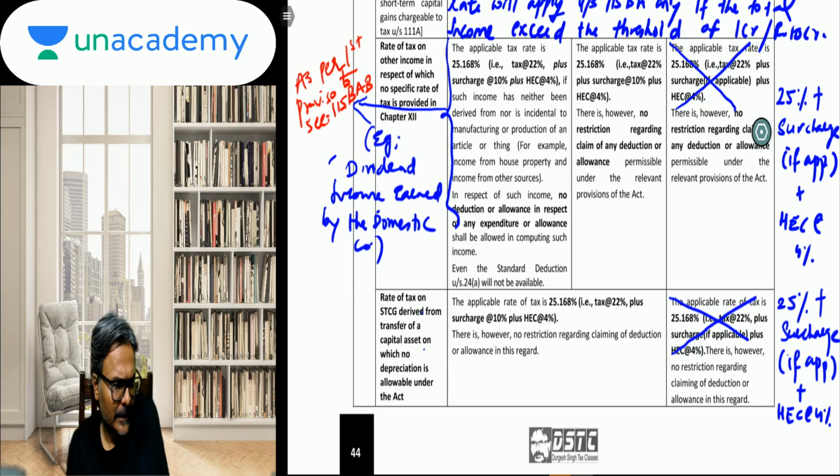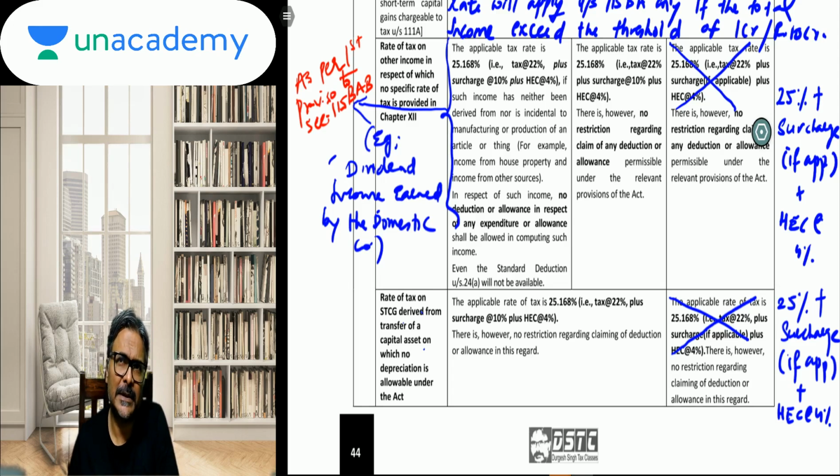As per the first proviso to section 115BAB. Now, if I go with the first proviso to 115BAB, it becomes very obvious that this is what primarily would be my net effect. Now, what exactly it is, I think all of you have read it. So let us now discuss this particular part.